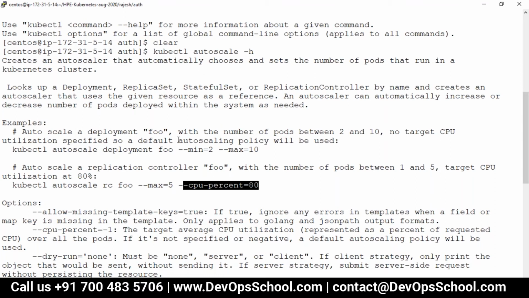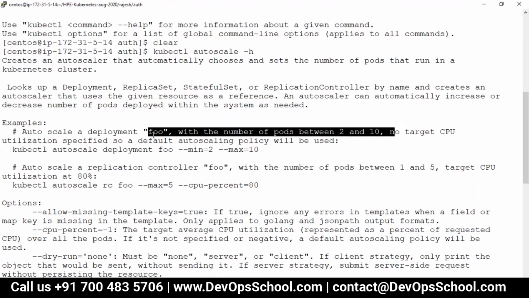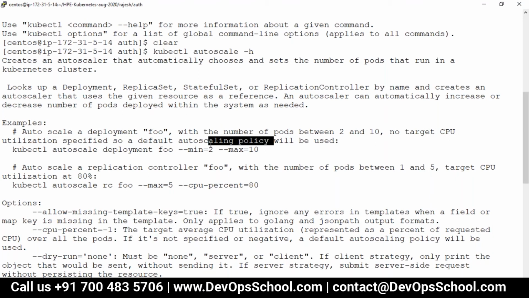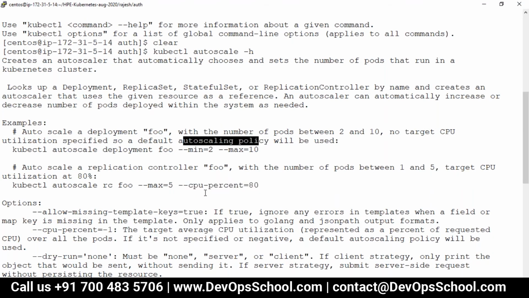And here is the default policy, there is no target CPU utilization specified, so the default auto scaling policy will be used. So here you are specifying, but you have to create auto scaling policies also. There's a default, I think it's 50%, I guess.